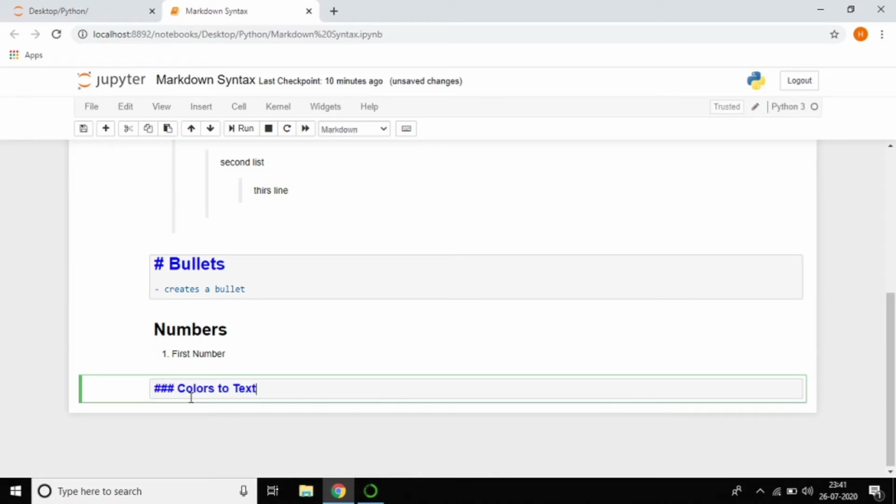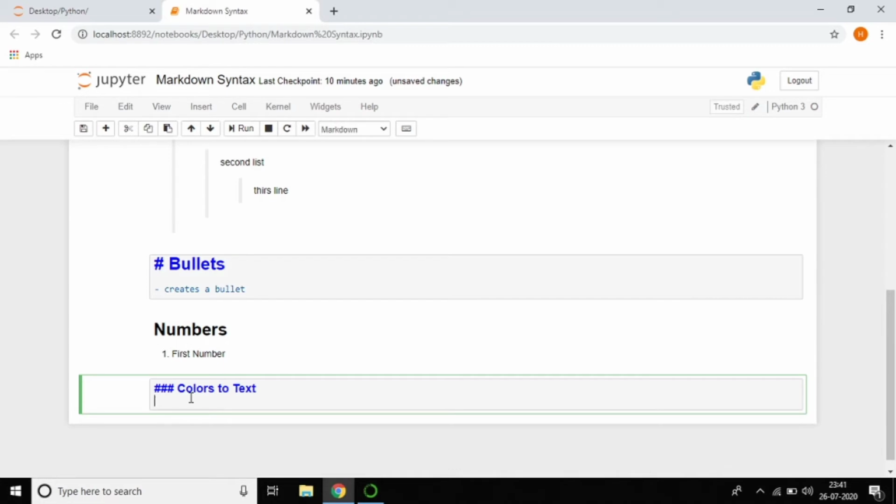Add color to text. If you have some knowledge of HTML, you can understand. No need to worry about that. How are we going to do that? Just make font. It's a tag, meaning we are changing the font color, right? So just make font color. I want the color to be yellow, because I like yellow, of course blue, of course red. So I love yellow. Close this tag.